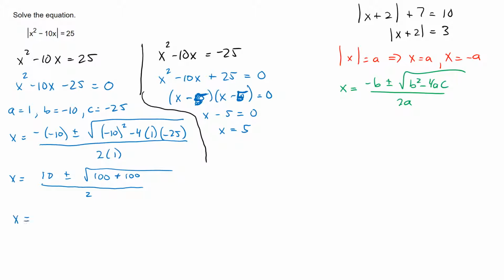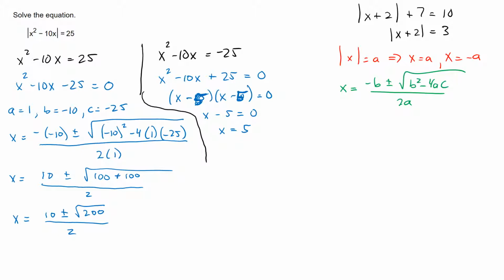On the next step, all I'm going to do is add the 100s. All right. The 200 actually has a special name. That's the b squared minus 4ac. That's called the discriminant. Notice that 200 is not a perfect square. That confirms that the original trinomial doesn't factor. Anytime we get a discriminant that's a perfect square, like 16 or 49, that means the original trinomial would have factored. Alright, so we don't square root 200 because it's not a perfect square, but we can simplify the square